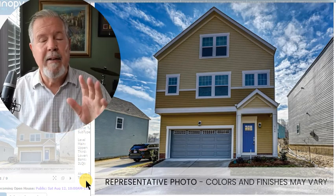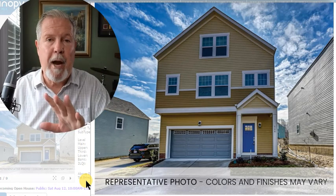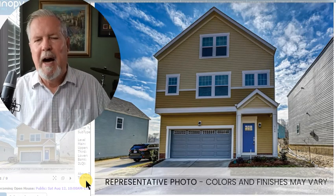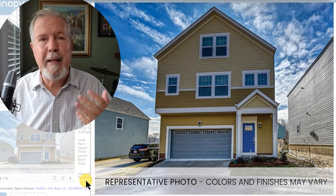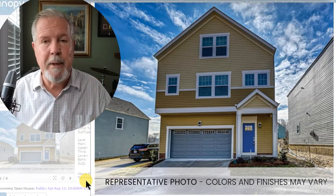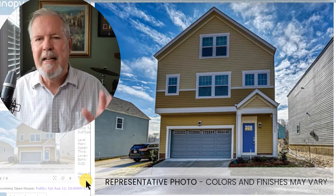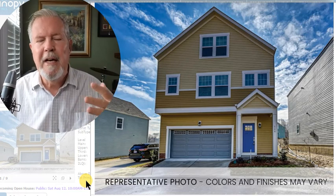And by the way, our fee is built into the price of the home, so you're not saving money to go in without a real estate agent, and it doesn't cost you any more. We'd love to help you, and that's what we do. And there are a lot of moving parts to a real estate transaction. Let us do that at no extra cost to you. Call me first,